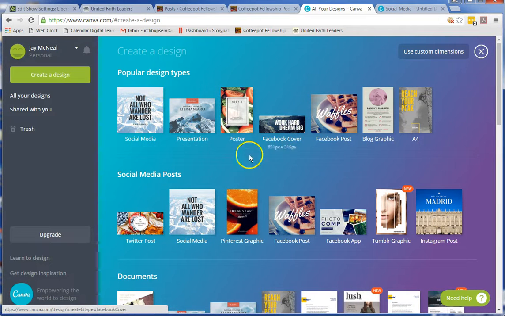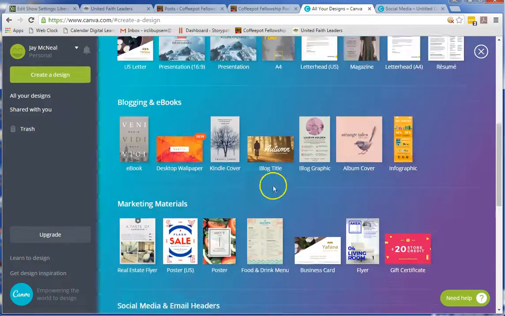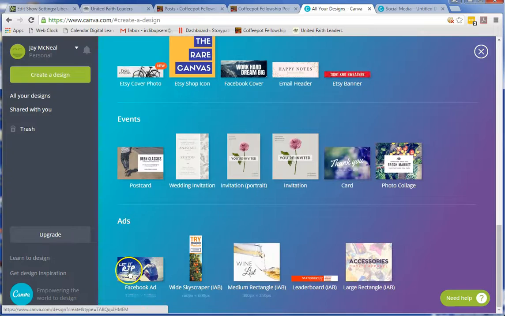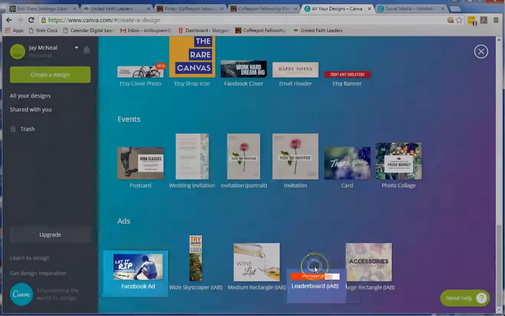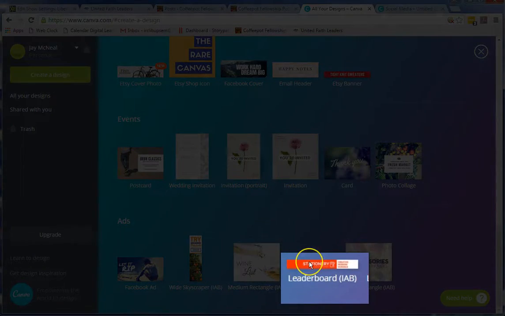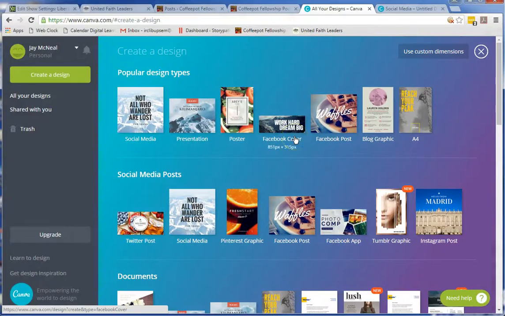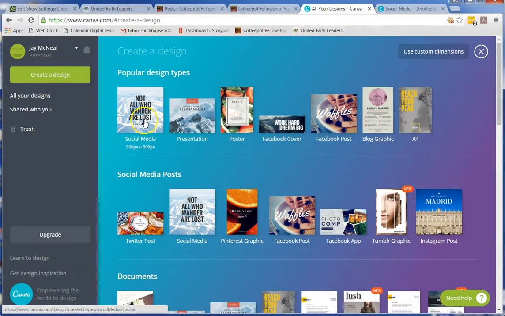But popular designs right up top, social media pieces, documents, ebooks. I'll just fly through this. Facebook ads down here at the bottom is one that I use pretty frequently, and if you look at my show notes, I often use this leaderboard piece. So back up here to the top, this social media one is actually 800 pixels by 800 pixels, which is perfect. So I'm going to click on that,